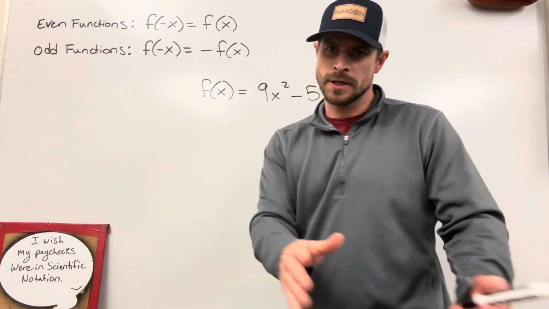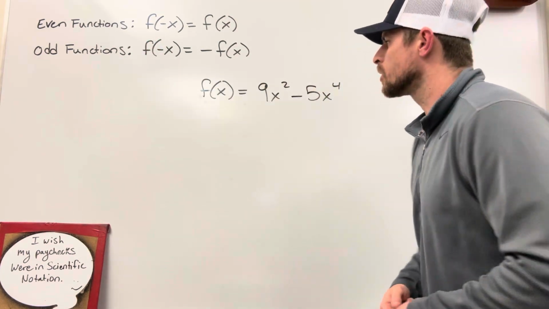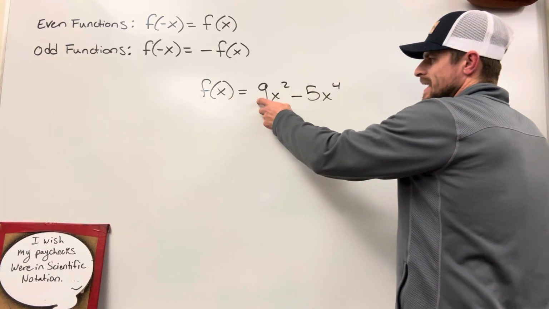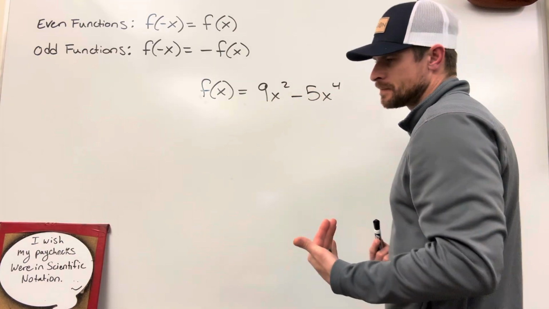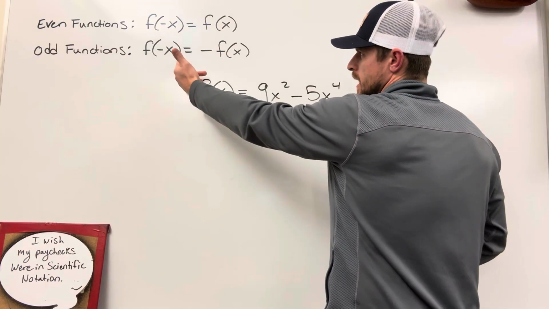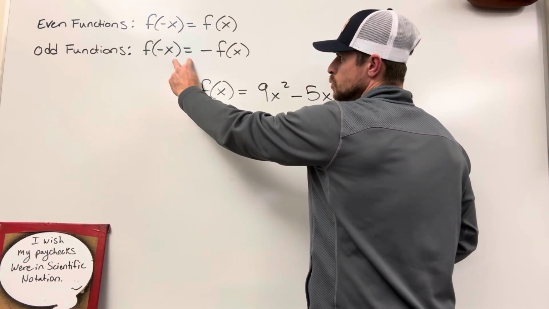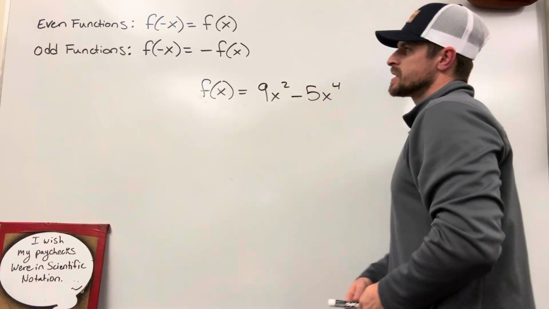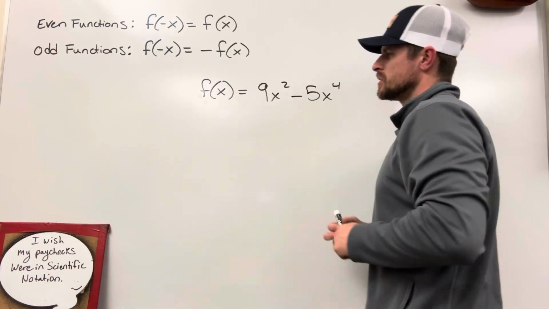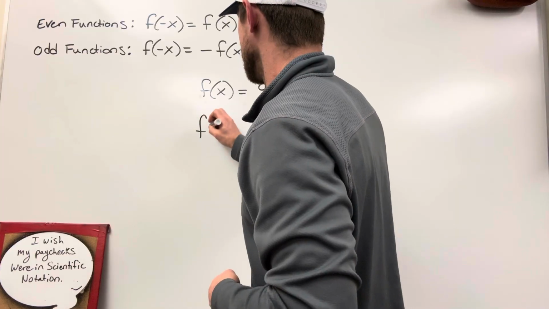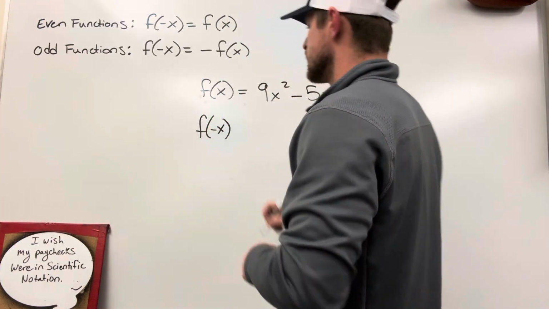Even, odd, or neither? Let's find out. So we've got f of x is equal to 9x squared minus 5x to the 4th power. If I want to determine if this is even or odd, I can just use these algebraic rules given to us up here. So they're saying if I put f of negative x in,